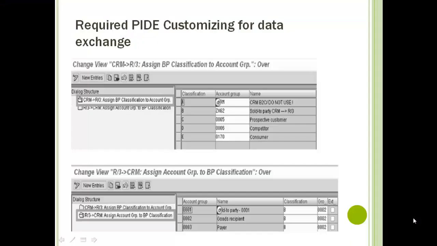So here we have the screenshots for data exchange from CRM to R3 and R3 to CRM, where you can see the mapping of the CRM classification with the account group and account group with the classification. This is how data is exchanged from CRM to R3 or R3 to CRM. So let's move on to our next topic,